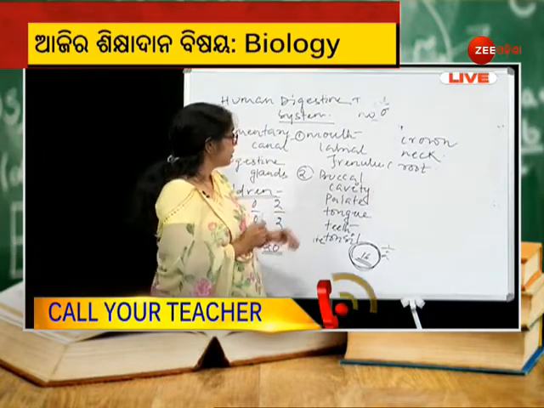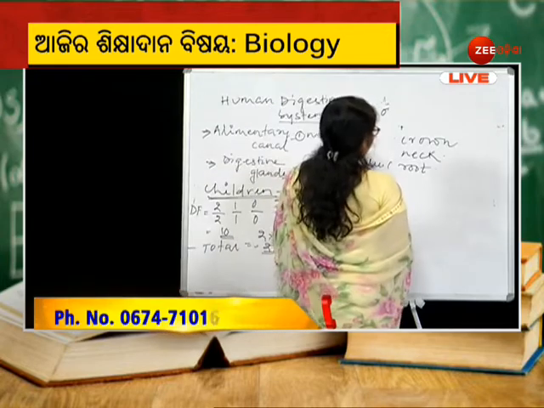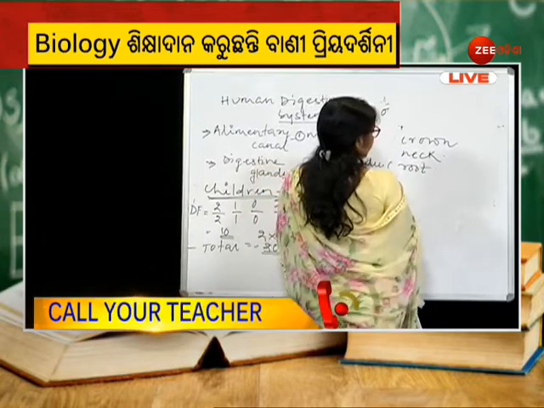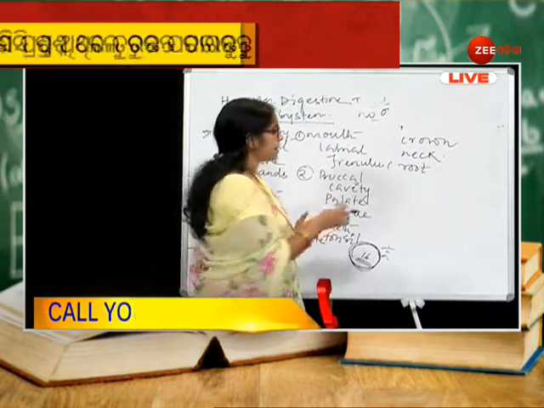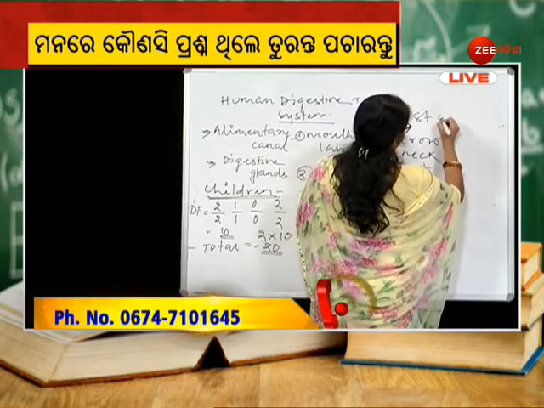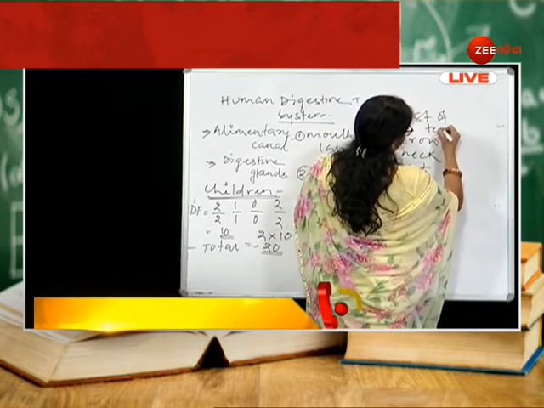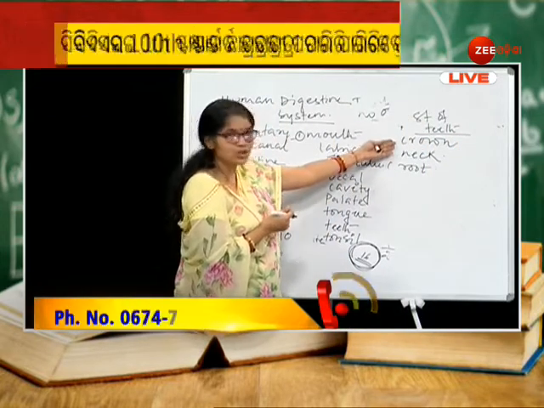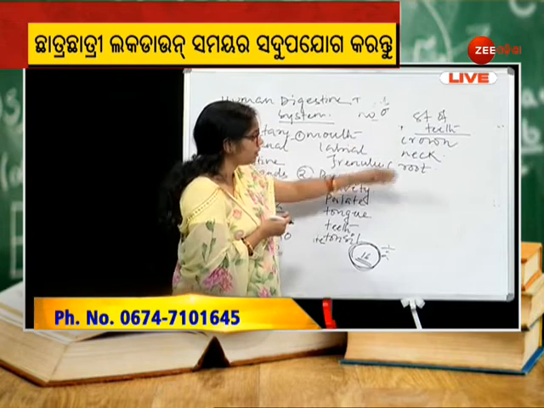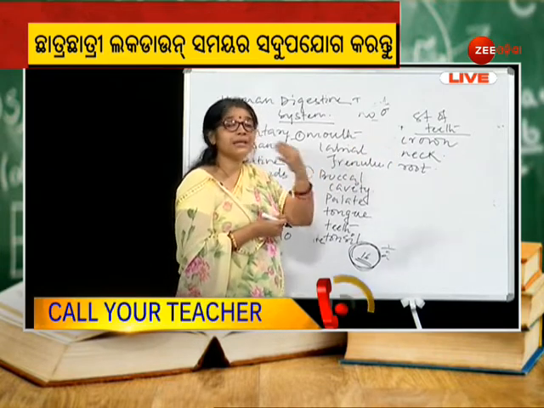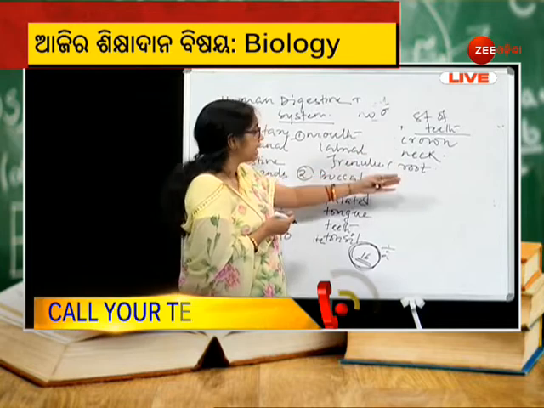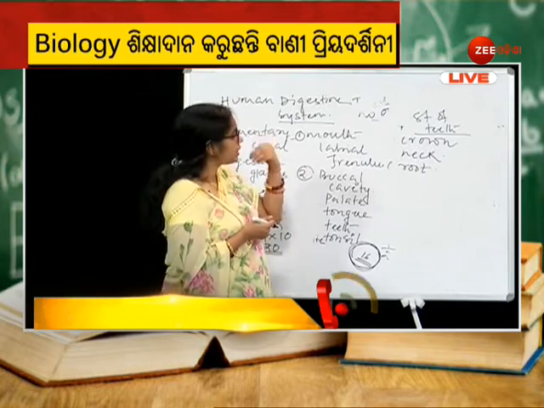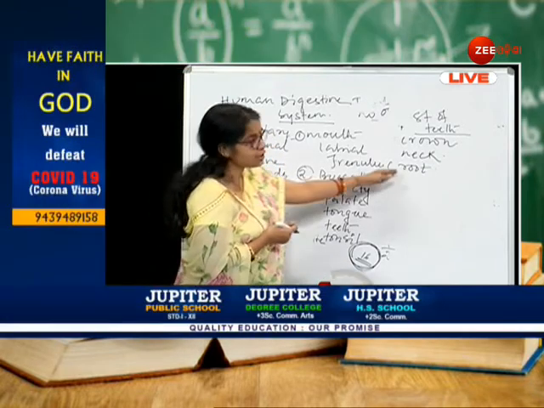Then where are we? We are in the structure of the teeth. The teeth is divisible into mainly three different parts. What are the three different parts? This is about the structure of teeth. The exposed part of the teeth is known as the crown. The part that is surrounded by the gums is known as the neck, and the part of the teeth that connects the teeth with the bone present within the gum is known as the root.